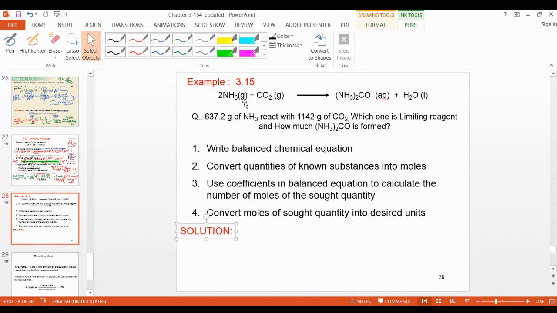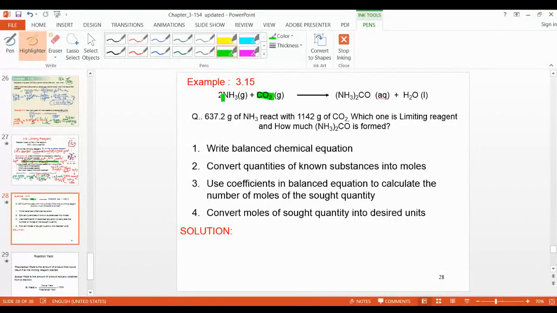So the mole of ammonia is cancelled, mole of urea is going onwards. Then you know the mole of urea, then change into mass, multiply by molar mass, you will get mass of urea. This is a step. And also you will just do the same step with carbon dioxide again.